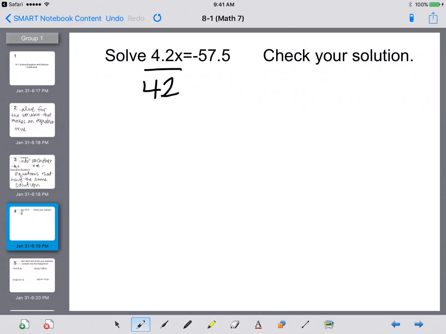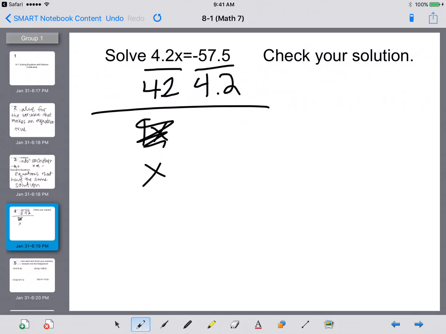What you do to one side of the equal sign, you need to do to the other side of the equal sign, and that you're going to hear me say for the rest of forever. I swear I say it probably 100 times a day. So what you do to one side, you do to the other. So 4.2 divided by 4.2 equals 1, and our x follows down. We know that we can write 1x as just x, so I'm just going to go ahead and do that right away. We're going to bring down our equal sign, and negative 57.5